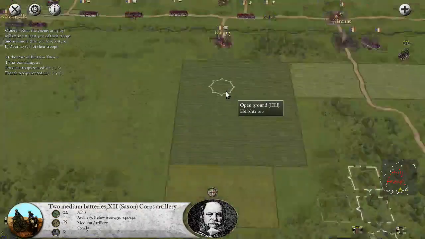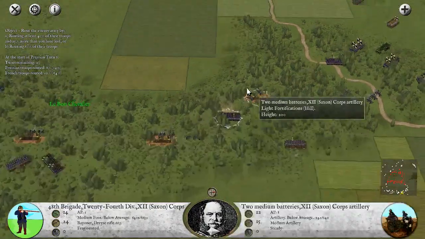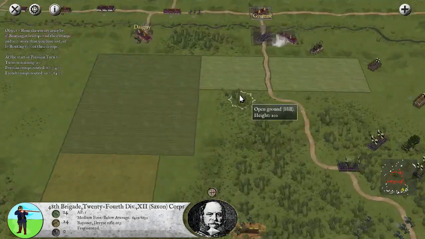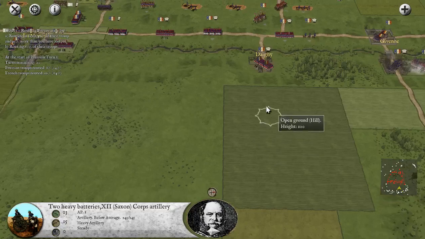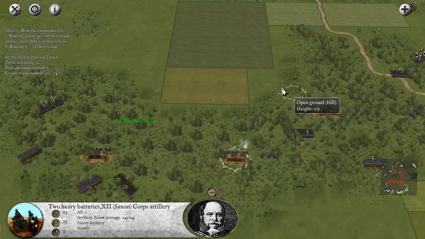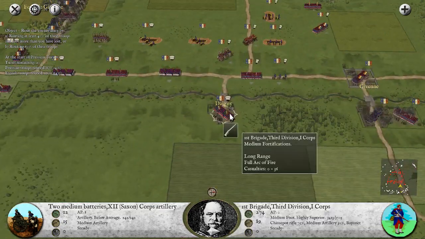Who to focus on? That is the question. First of all, let's keep moving these guys away. They're still going to get shot at, though. I told you, even at that distance, they will still be shot at. I'll keep firing at Davigny. And we've had some pretty good shots there, and anytime we do...